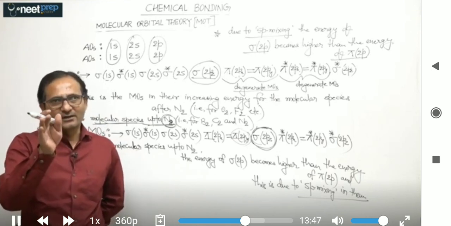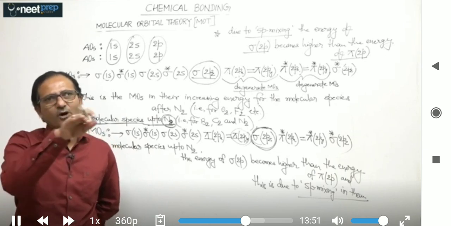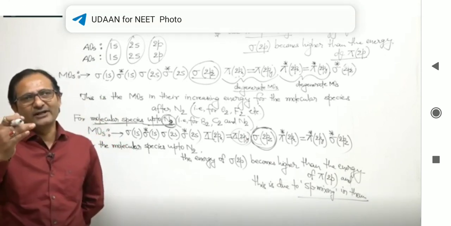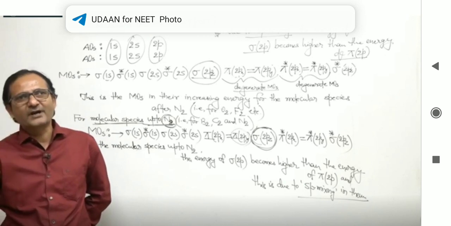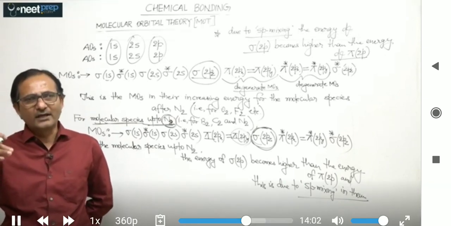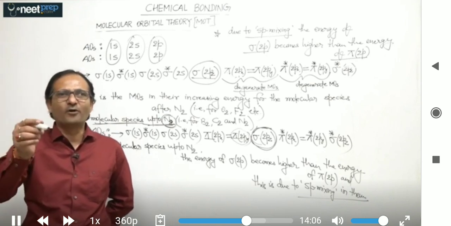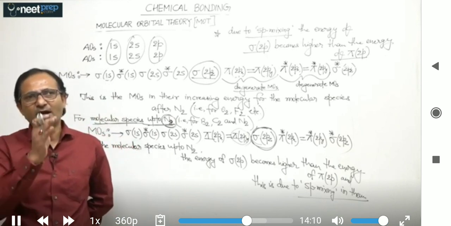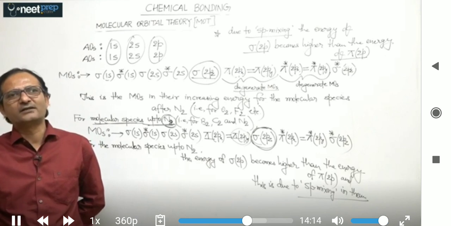Listen, the size of the atom decreases on moving from left to right in a period. So the energy of 2s decreases regularly, but after N, that is from O, the energy of 2p becomes higher due to pairing of electrons in p orbitals,